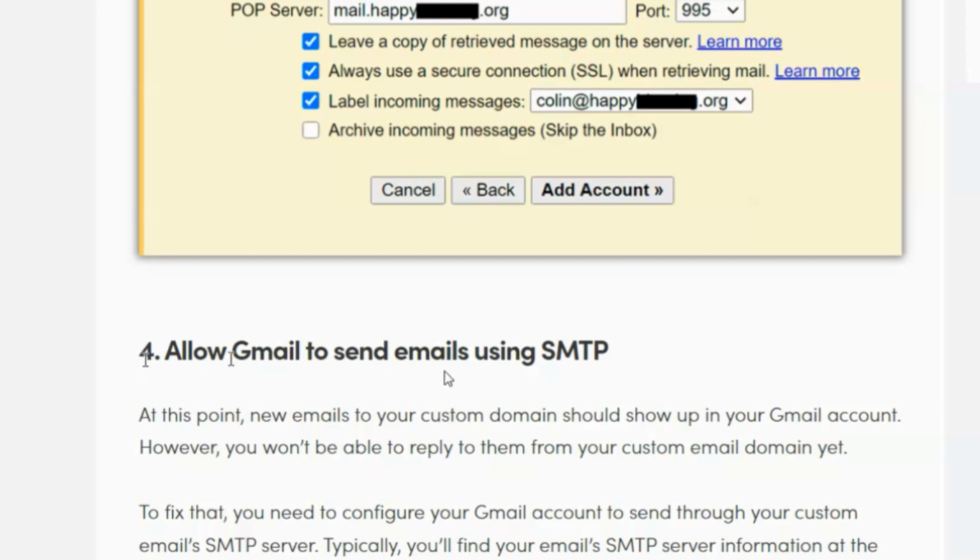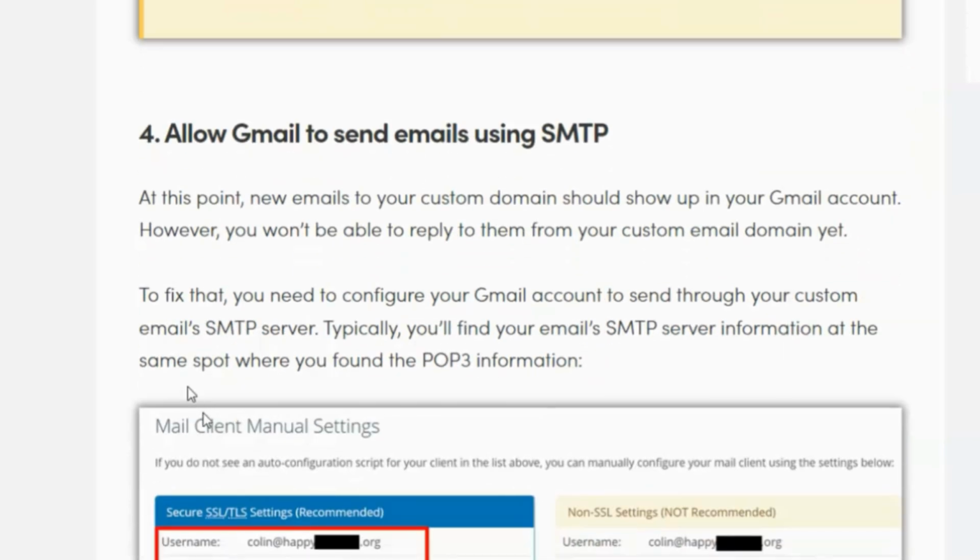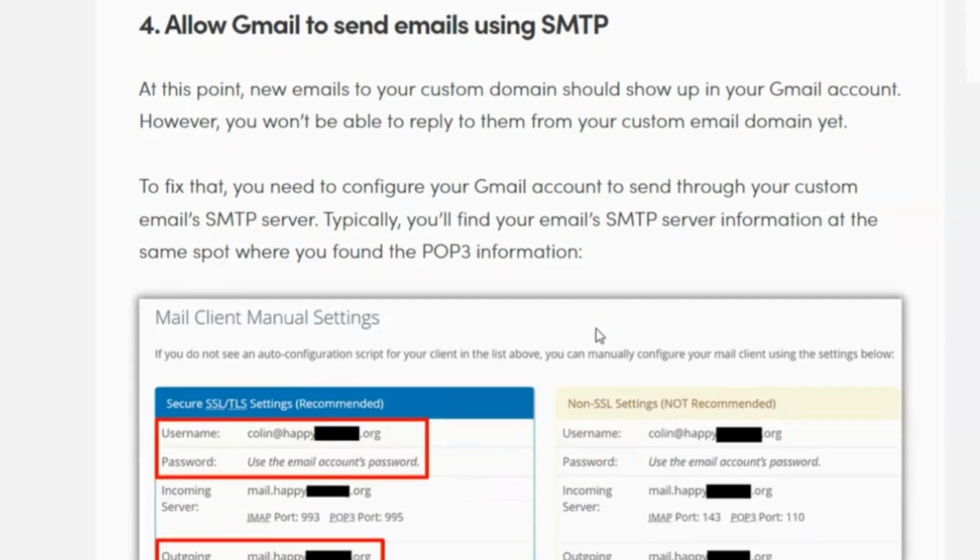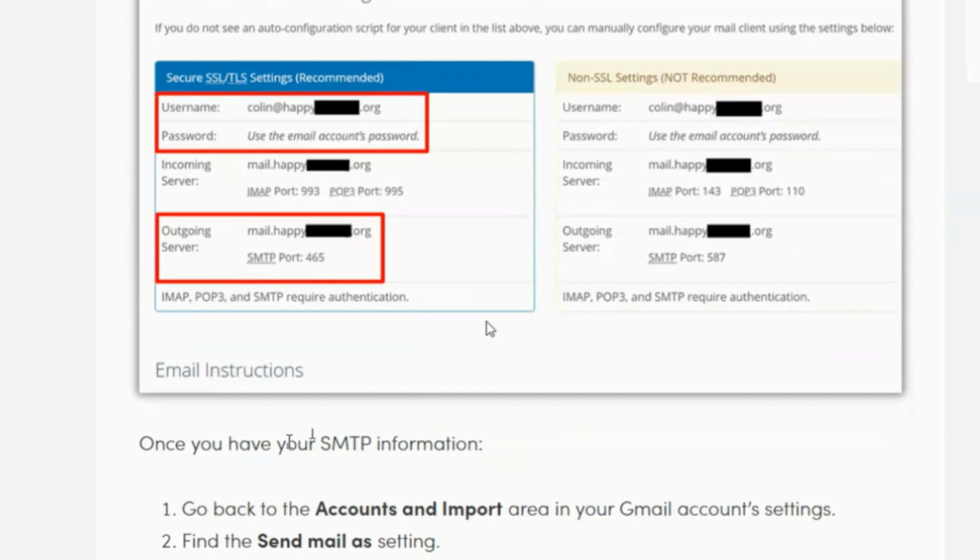Allow Gmail to send emails using SMTP. At this point, new emails to your custom domain should show up in your Gmail account. However, you won't be able to reply to them from your custom email domain yet. To fix that, you need to configure your Gmail account to send through your custom email's SMTP server. Typically, you'll find your email's SMTP server information at the same spot where you found the POP3 information. Once you have your SMTP information,